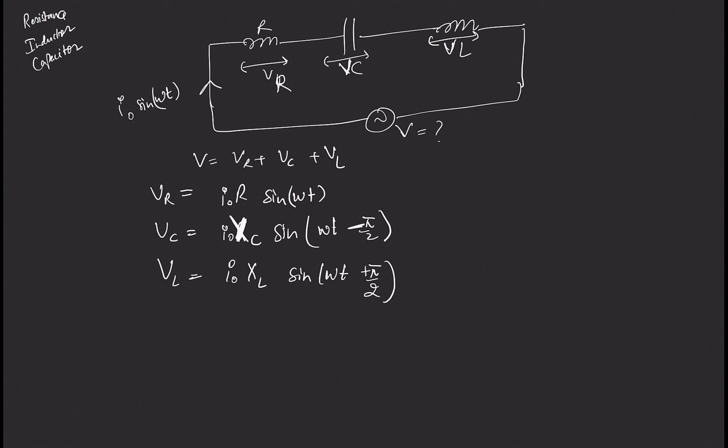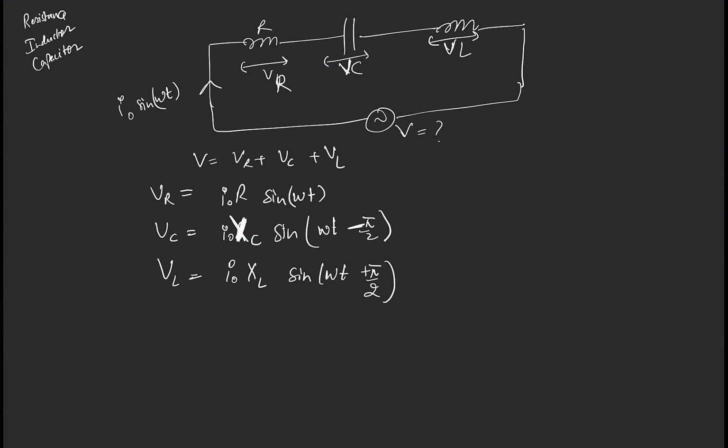So the easiest thing to remember is that in inductance voltage is ahead of current. If current is at omega t, voltage would be ahead of current always, and in capacitance voltage would be behind the current. So voltage of L would be in front of voltage of R, and voltage of R would be in front of voltage of C, and voltage of R would be always in the same phase as the current. This is something you have to remember. You can remember it by noting that C comes before L and R is always in between. Anyway, you can find your own ways.